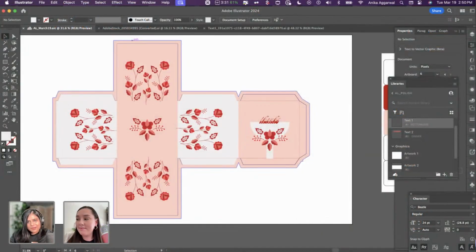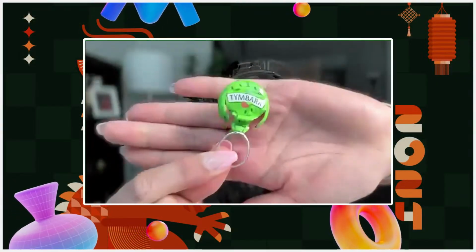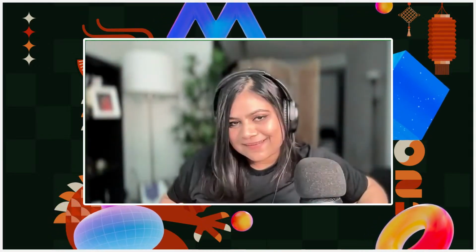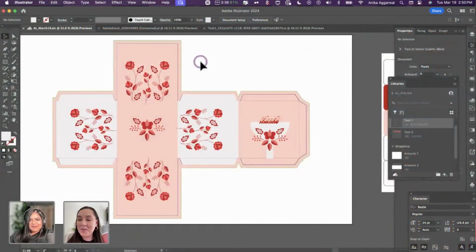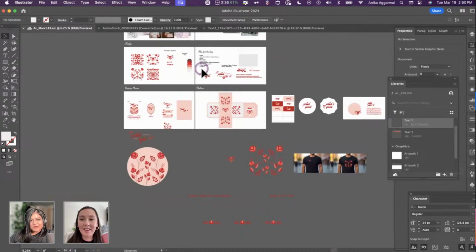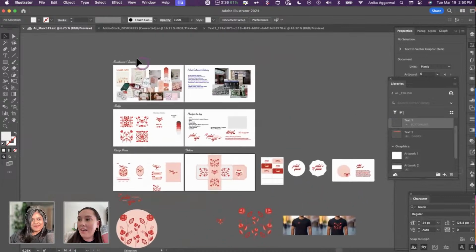And then one little tidbit about the Polish cuisine. I did try this thing called Tymbark. I don't know if you can see it. It was a really fun thing because it had a Polish message here for every one of us, and it was unique and in Polish, so it was just a fun little thing, and that made our night. But as we come back to our screen, would you like me to give you a quick little recap of what we did?